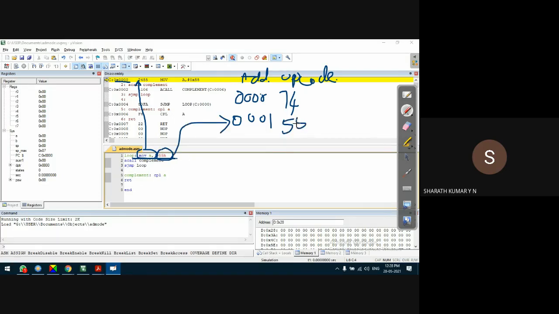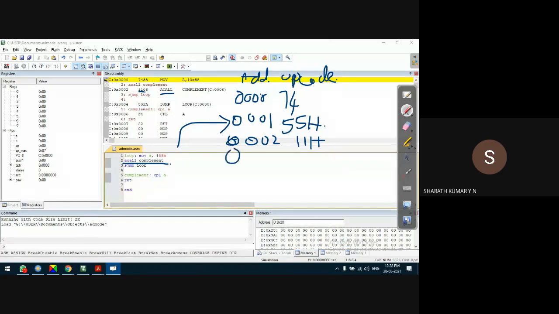The immediate data is 55H. Next comes a call instruction. Guys, observe this: ACALL complement. ACALL is stored at the address 0002, and the opcode is 11H.